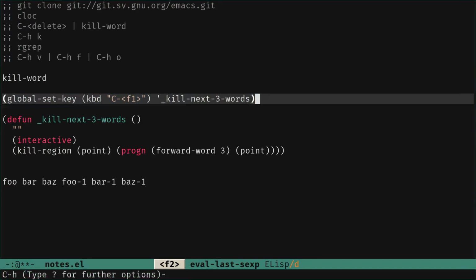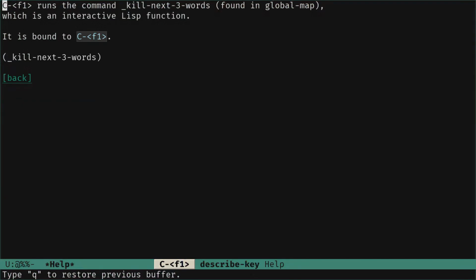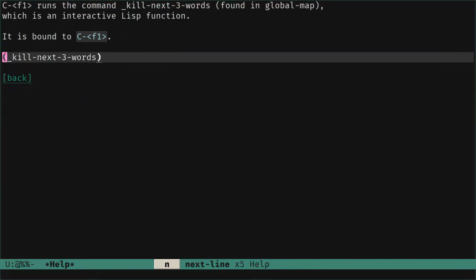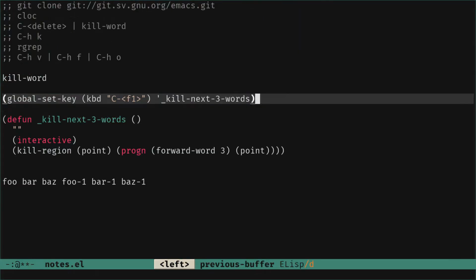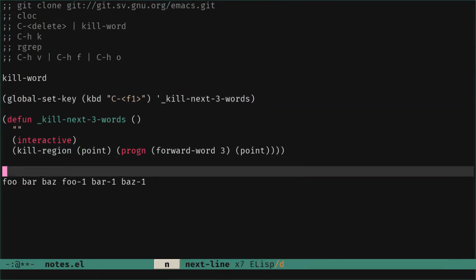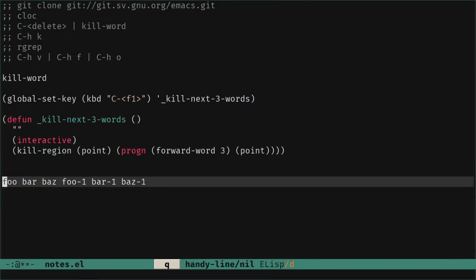Control H K, Control F1. Oh, we have bound Control F1 to that function that takes no arguments and has no docstring right now. So we can go here and use it. So are you ready? And this is it.